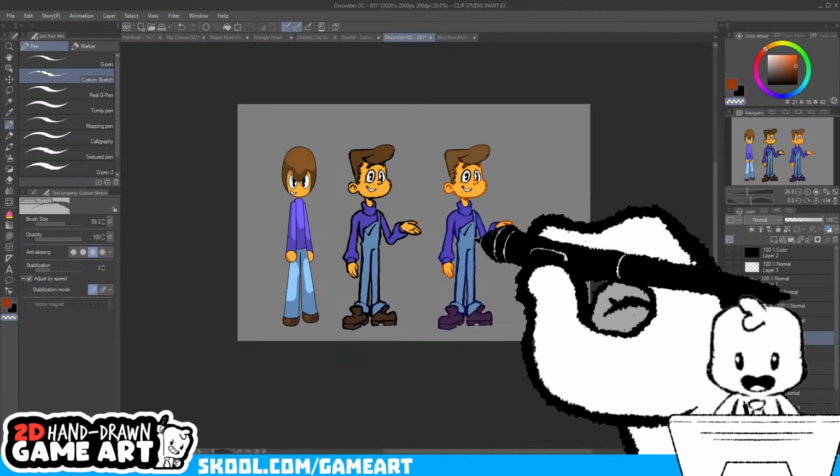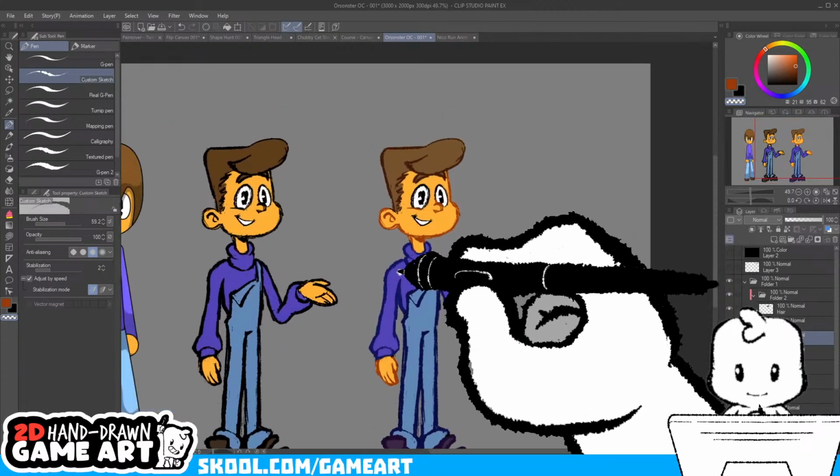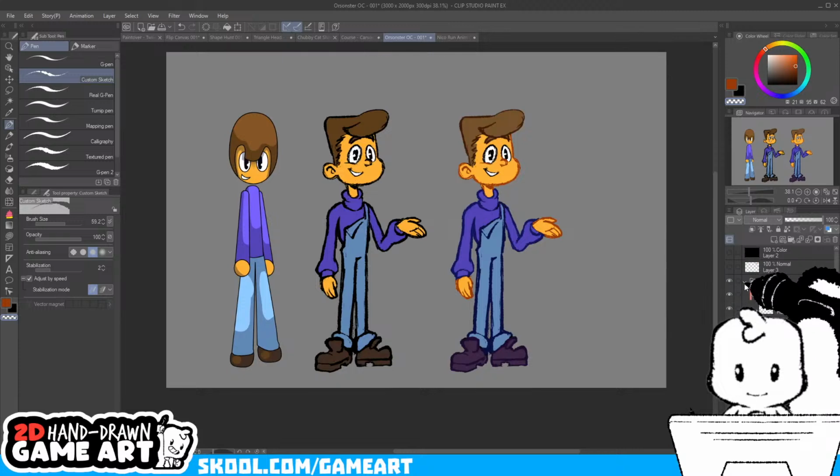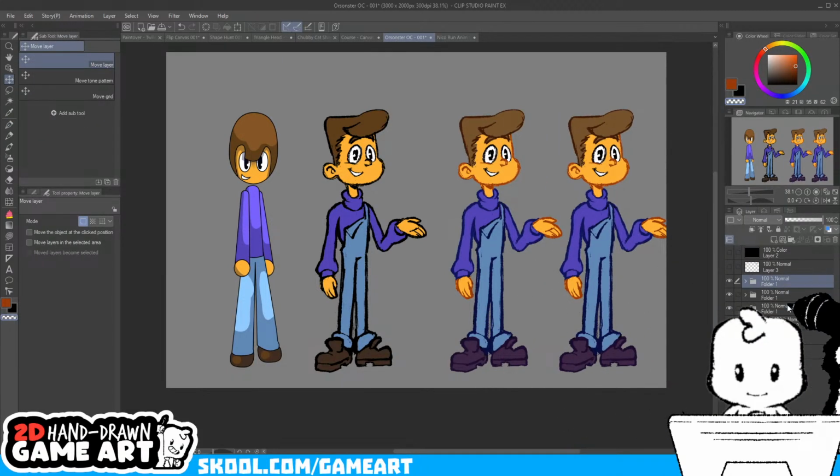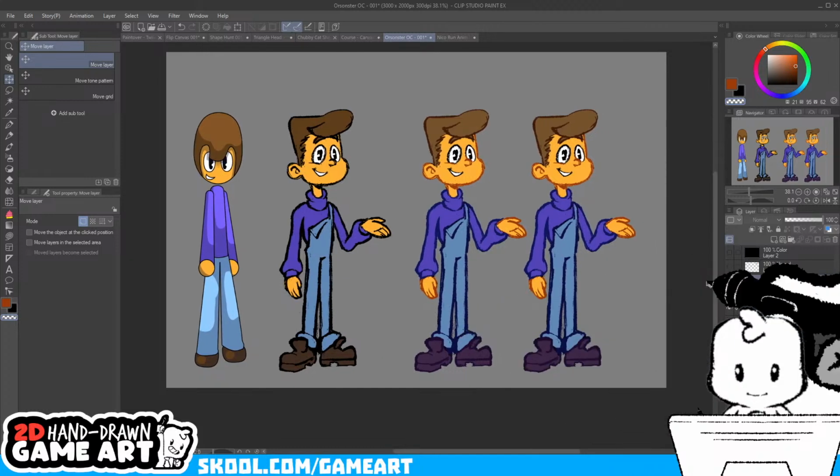Yeah, I think I'll keep the eyes and the mouth black lines. So these are different variations that we can come up with for this guy.